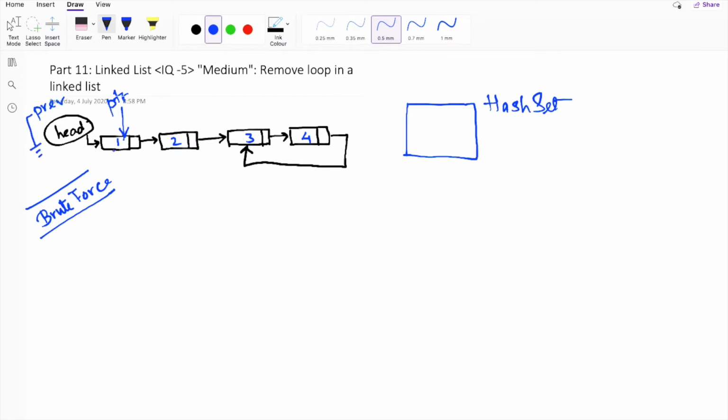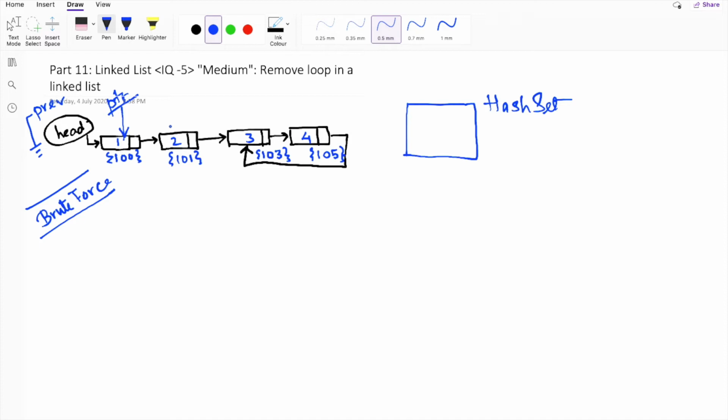As you already know, each node of the linked list is associated with an address in the memory location. So let's first define the address of each individual node. Let's assume these are the address locations of the corresponding nodes of the linked list. Just like the previous example, we first start a pointer from the head of the linked list, that is the first node of our linked list.